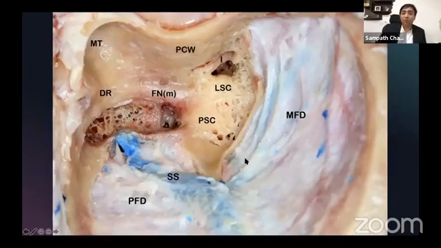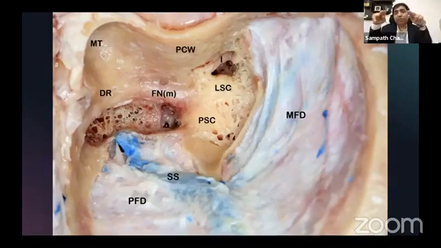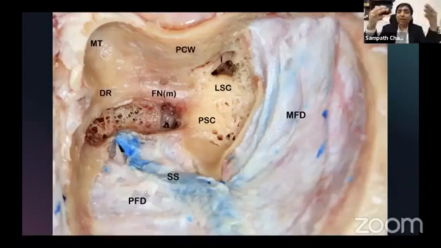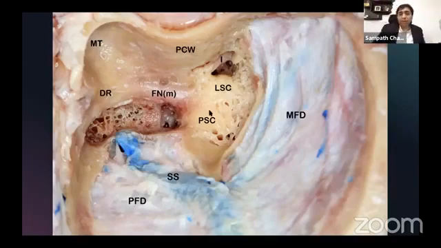And when you're exposing more dura, by your instrumentation, holding the suction tip in the left hand and the drill in the right hand, you're able to push this dura backwards. Now, if there was bone, that small craniotomy, the bone would not allow you to push. So always remember that if you want to go deeper, more medial, more anterior into the skull base, have a wide lateral exposure. This is fundamental.